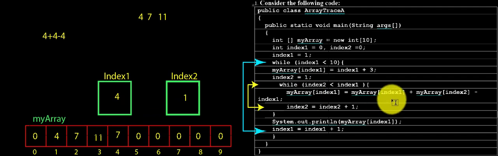Okay, let me check it again. My array of index 1 has the value of 4 and it has a value of 7, plus my array of index 2 has the value of 1, and the 1st position has the value of 4, minus index 1 has the value of 4, and this will remain the same as it is, and index 2 will be incremented by 1, index 2 will be incremented to 2, and it will again ask my array of index 1 has the value of now 4,